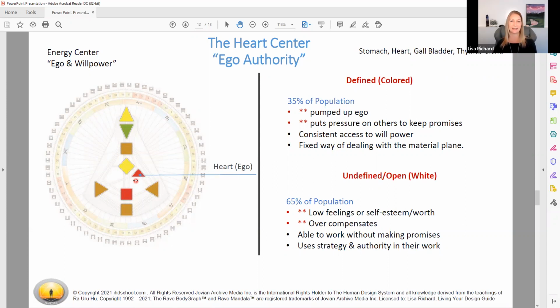And it can be as simple as something like a cup of tea and a chance to sit and have a break, a chance to be in your own energy, to be still, to really figure things out for yourself, to come home to you. So always using your strategy and your authority to make your decisions and watching that conditioning that can be picked up in that center.